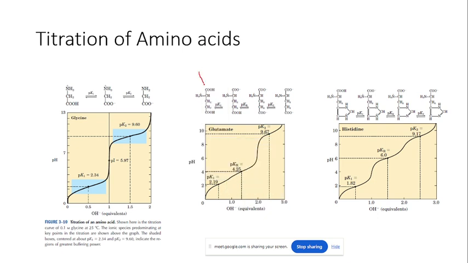So here the charge was plus 1. After losing this, it will exist as a zero charge form, the zwitterionic form. Very good. And then it will lose this proton. So now it will become minus 1. And at pH equal to pKr, which is 4.25, this molecule will exist as equal amounts of this zwitterionic form, this minus 1 form, and